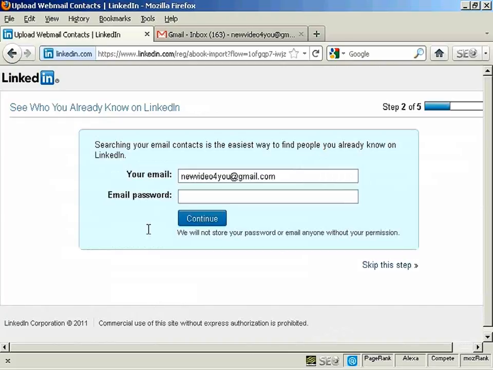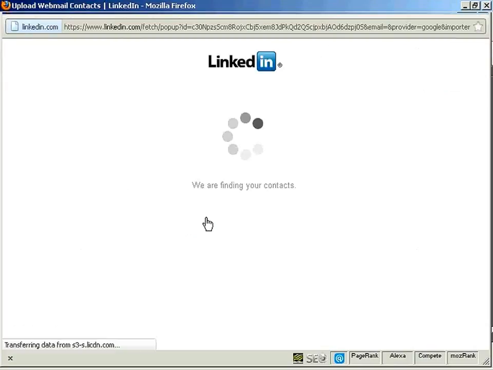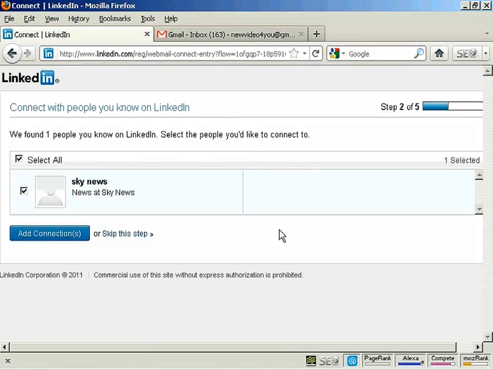And it says searching your email contacts is the easiest way to find people you already know on LinkedIn, so you then need to put in your email and email password, and then click on Continue, or you can skip the step if you wish. And there we go, it's found one person that I know on LinkedIn, so I can go ahead and add the connection. So click on the button there,